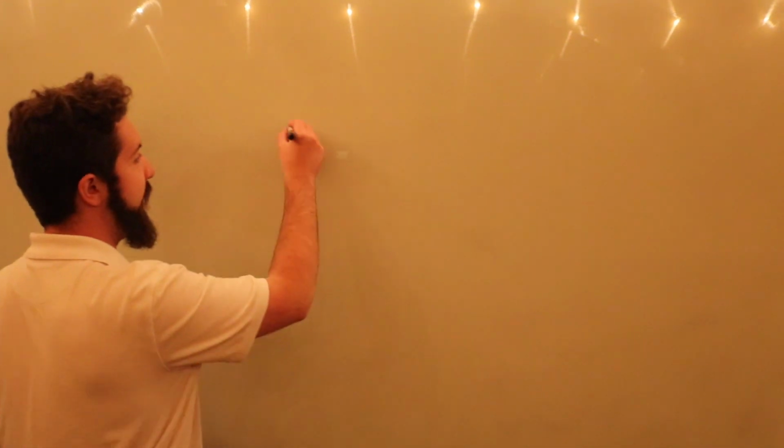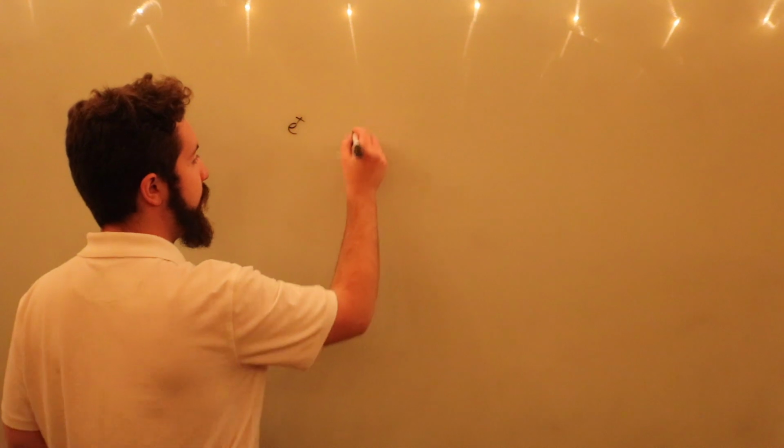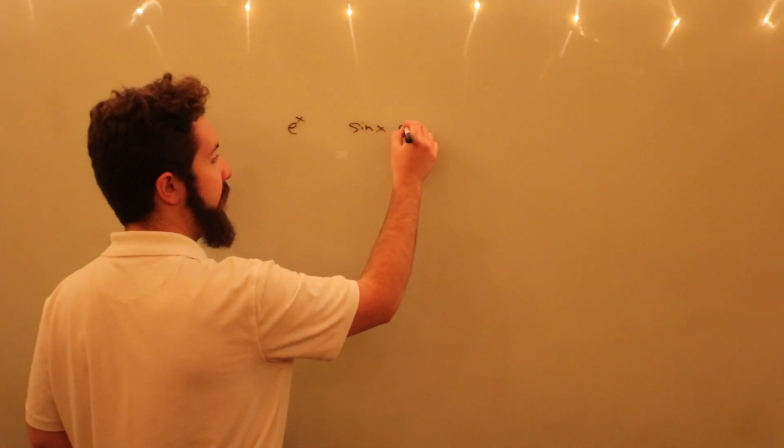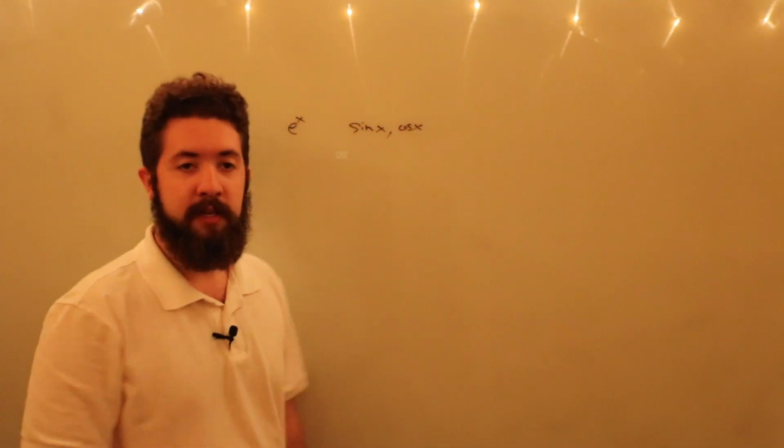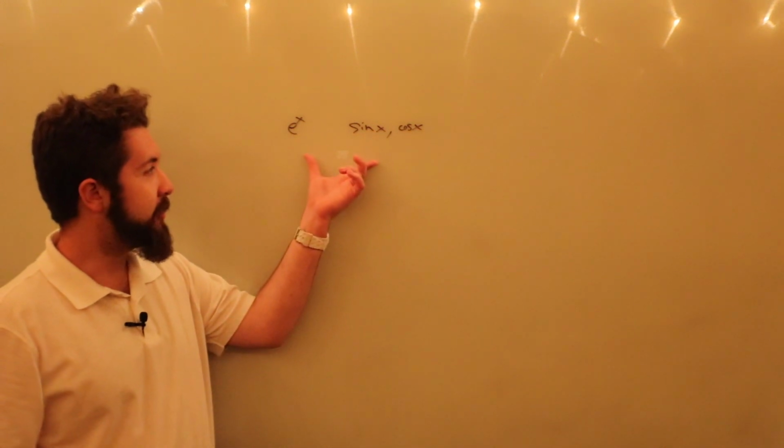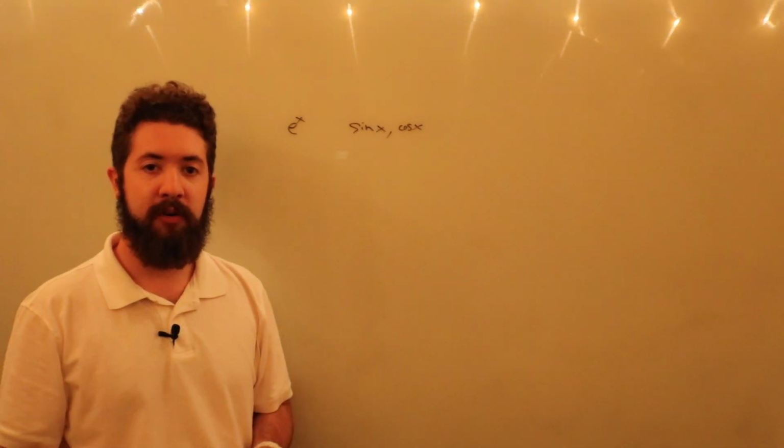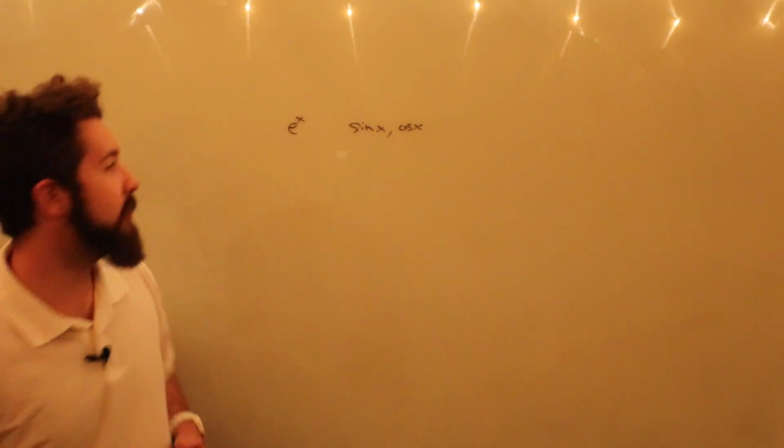All right, I'd like to talk about Euler's formula, a famous identity concerning the exponential function, relating e to the x to sine and cosine of x. How could these functions be connected? Well, we're going to see. So first of all,